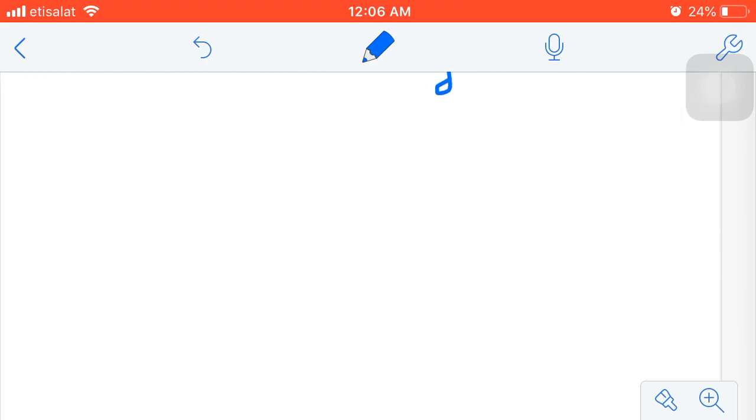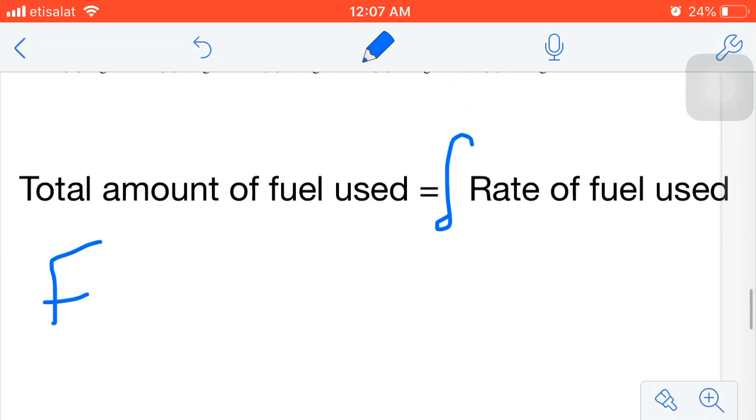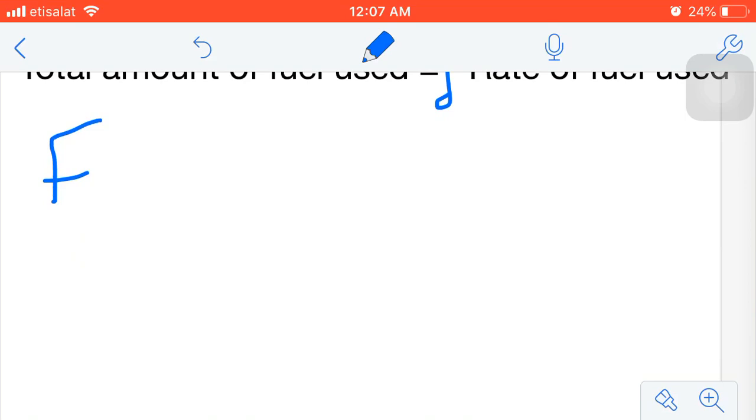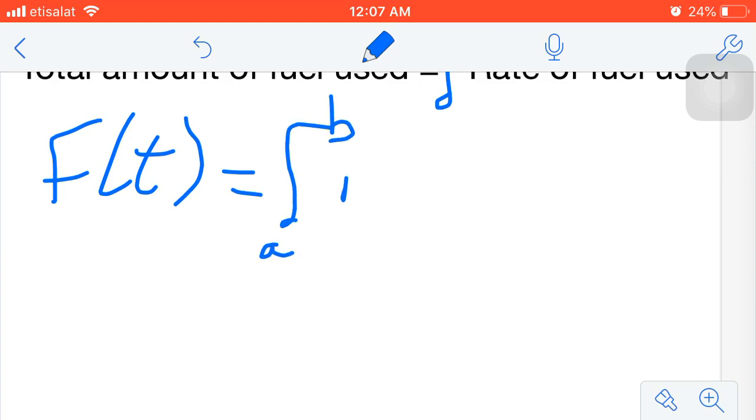So f of t, if f is the amount of fuel, f of t equals the integration from a to b of the rate,